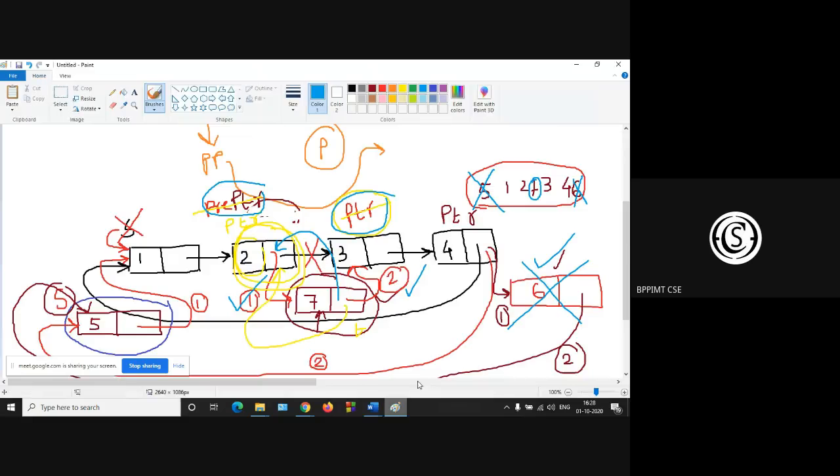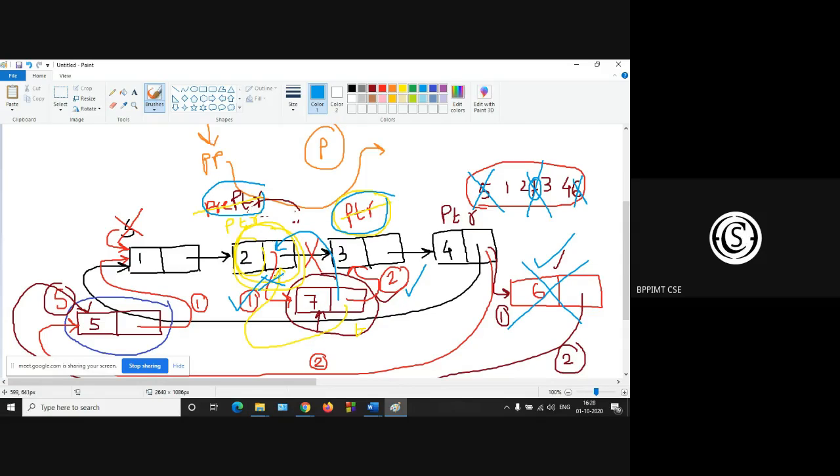So how to delete this 7? So you have to delete this 7. Okay. So 7 is inserted between 2 and 3. And there is a connection between 2 and 7 and 7 and 3. So break this connection 2 and 7. Okay. So pre-PTR next is equal to PTR next.